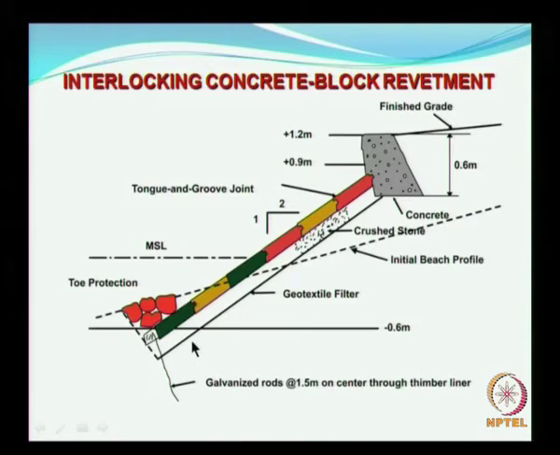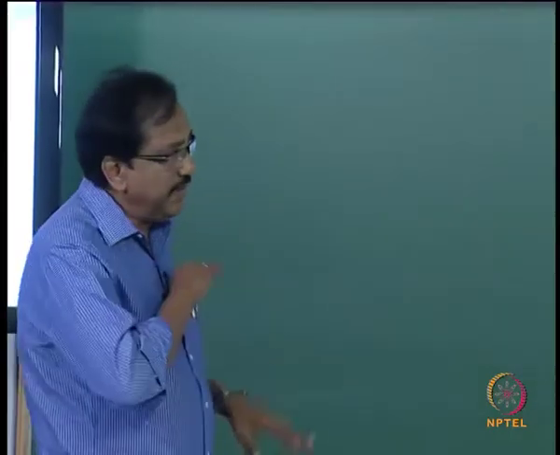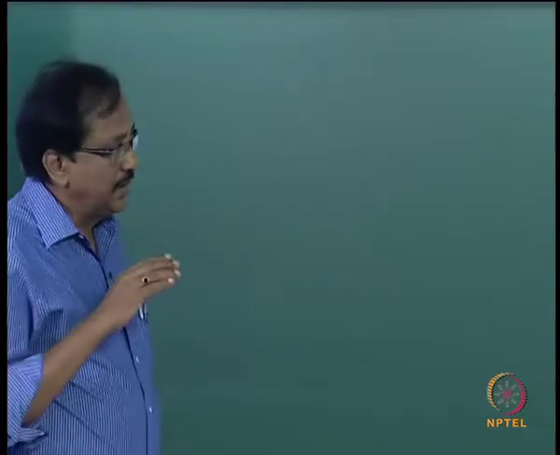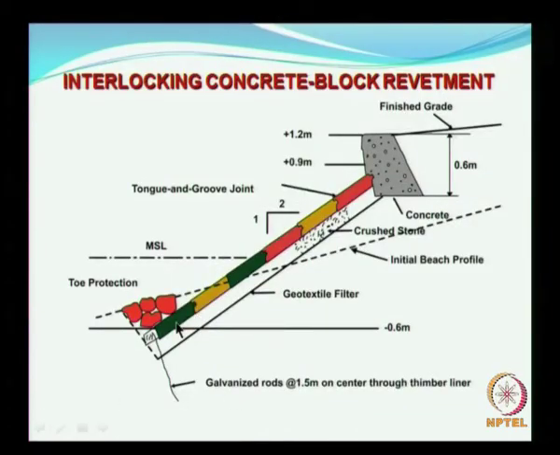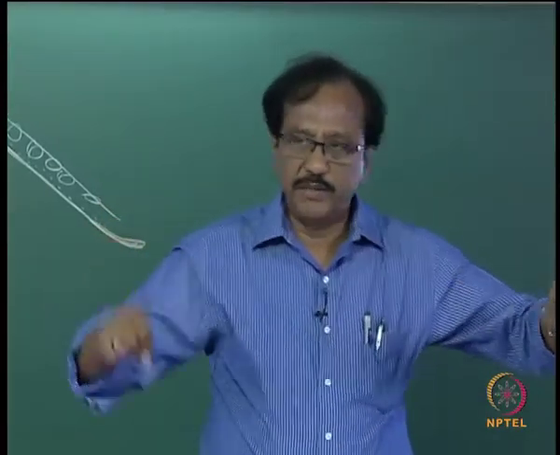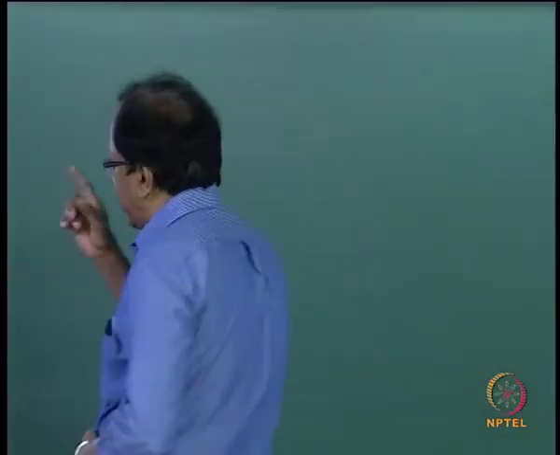Although there are some advantages, like from an aesthetic point of view it is very good, where you do not have much of projections as in the case of rubble mound, and it has a nice finish, and it gives a good look. But there is one problem: suppose in case it yields somewhere here, the entire unit can also come down, because it can act as a monolithic unit. The adjoining layers are also going to be glued to each other, but this is also possible. So you have to be careful when you are using this, but it has advantages.